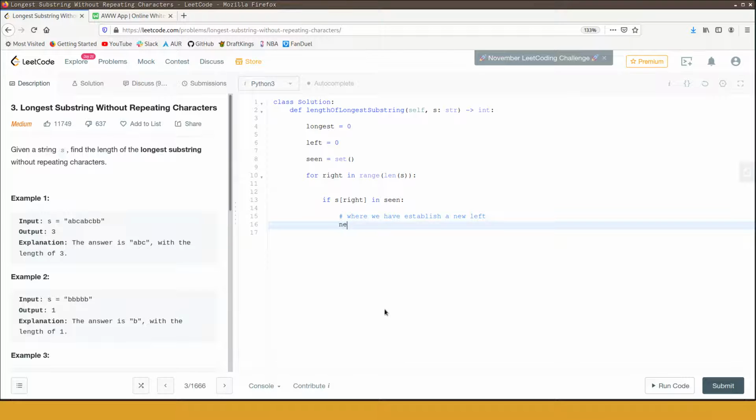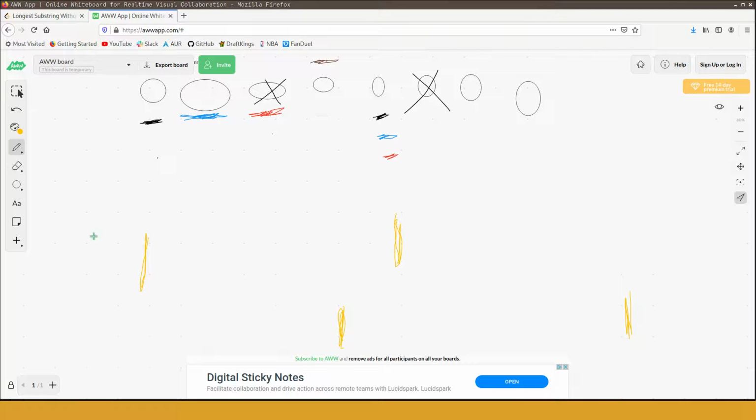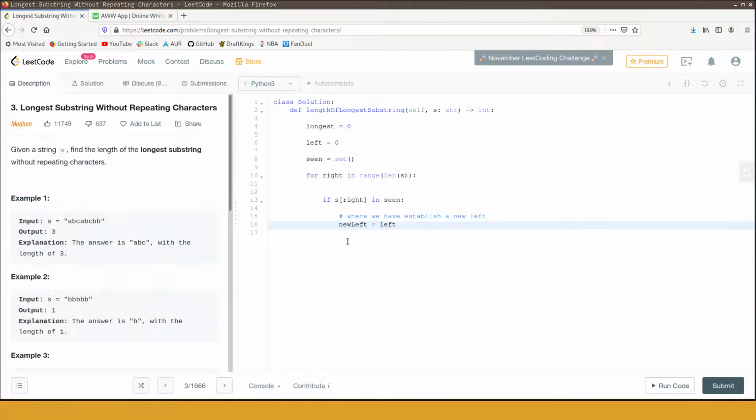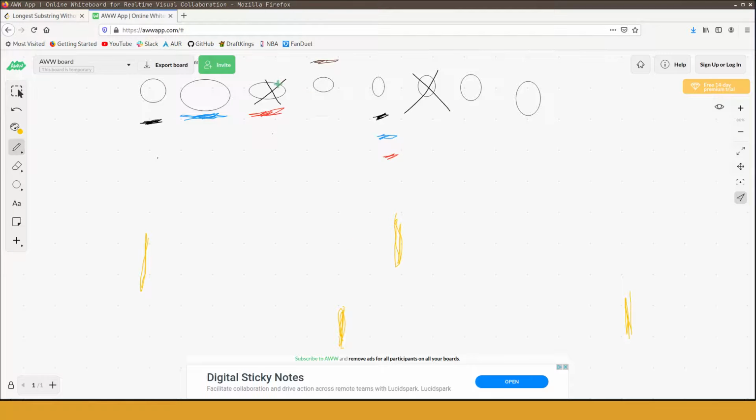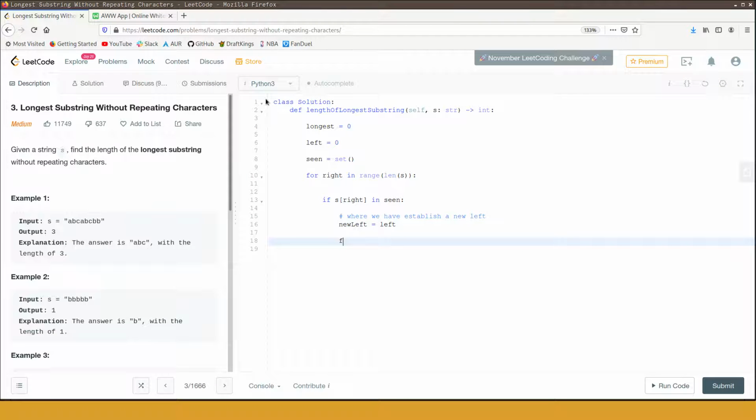So let's have a variable called new left, and new left is always going to be to the right of whatever index the old left window used to be at. Okay, so new left equals left. To find the new left, what we have to do is find this index, right? So how do we do that? Well, we loop through